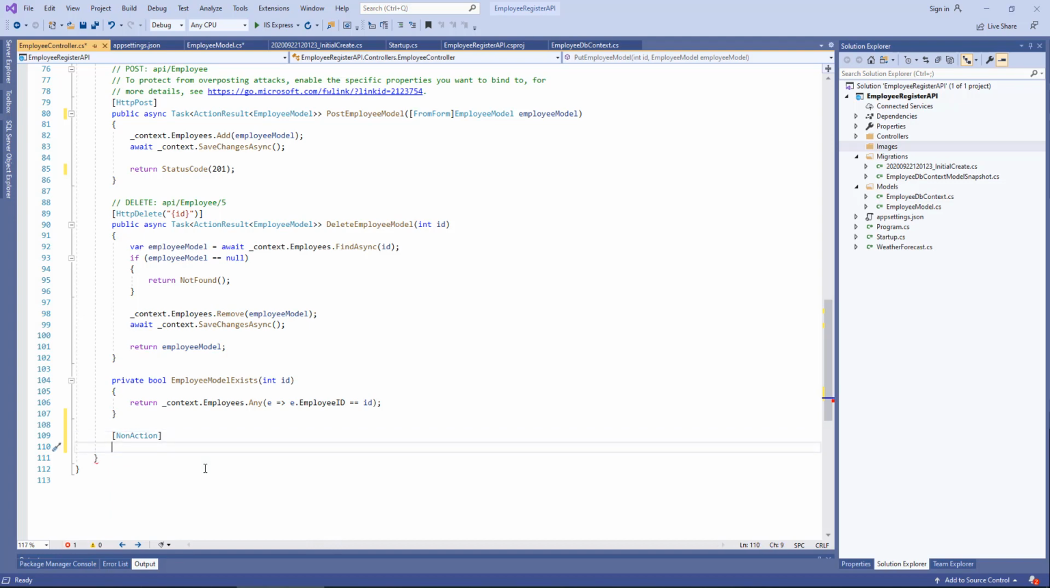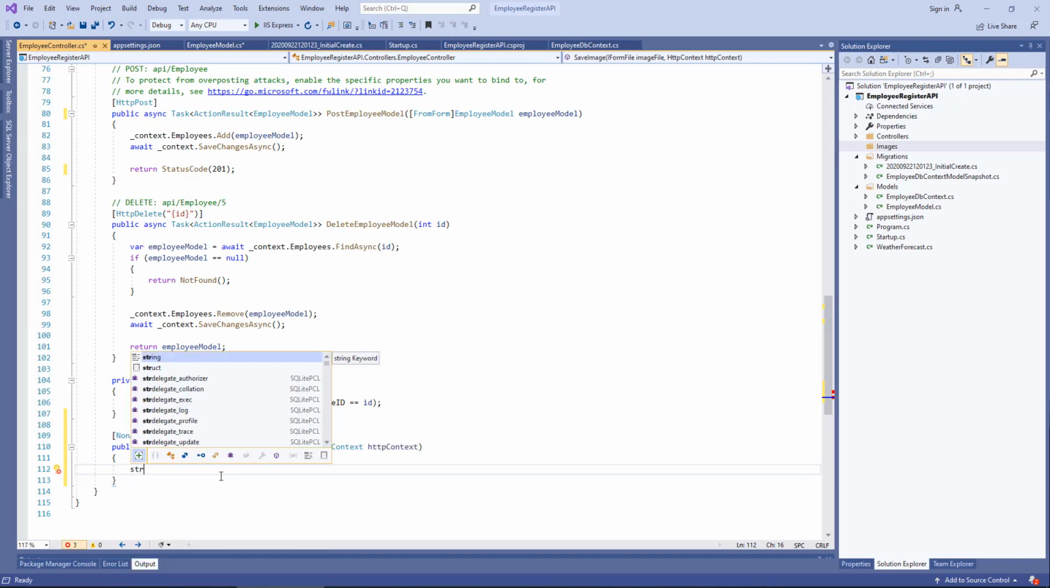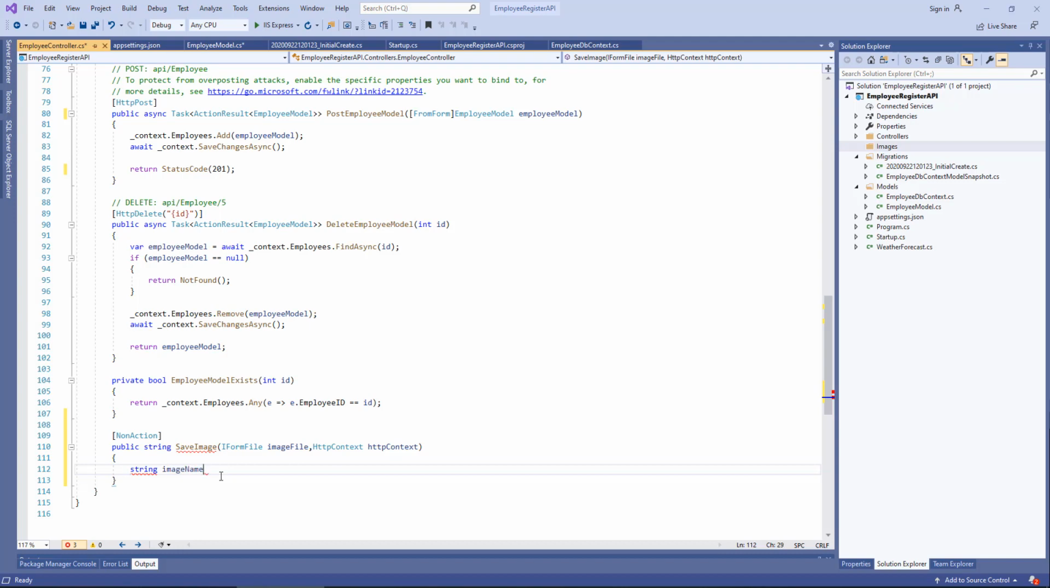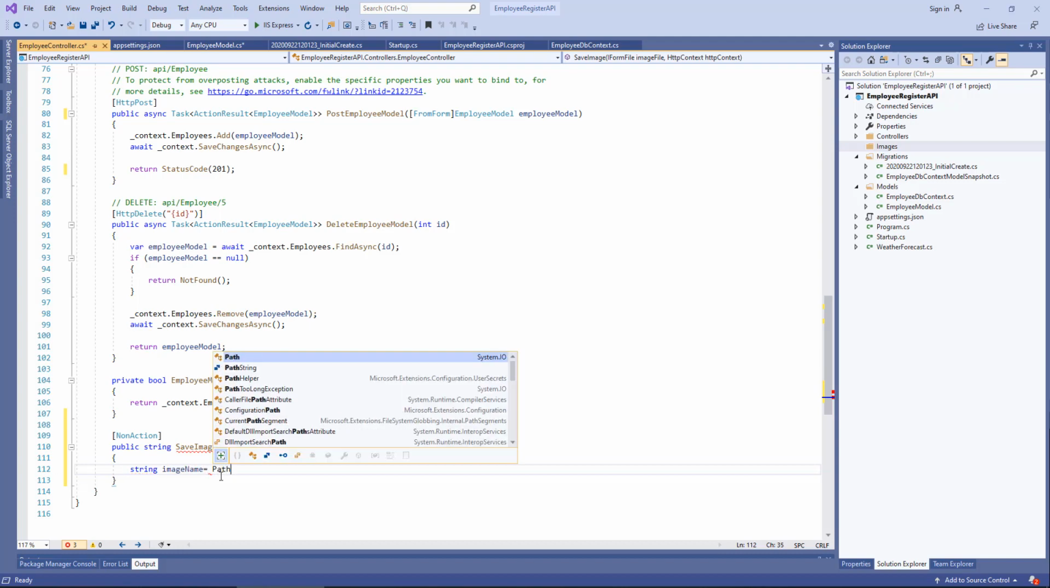So here is the method, public string. From this function, we'll be returning a name for the uploaded image. SaveImage. For this method, we have two parameters: IFormFile as imageFile, and then HttpContext as httpContext. I will explain why we need this parameter of the type HttpContext. First of all, we will generate a unique name for the selected image, which is required when there is a chance of duplicate files. So imageName is equal to,